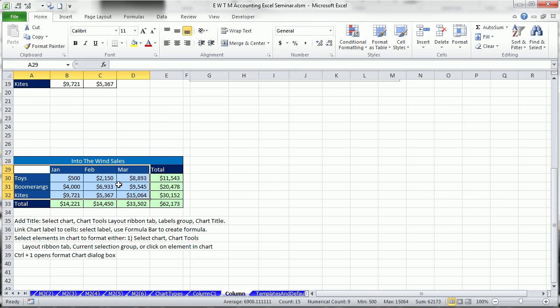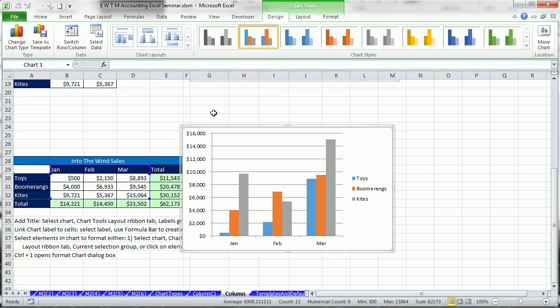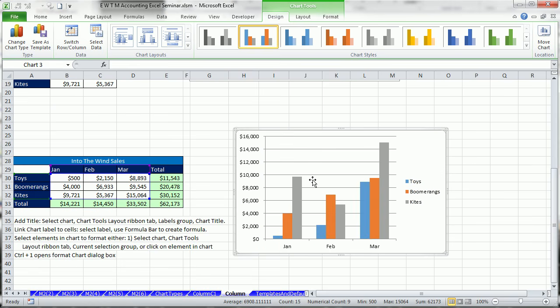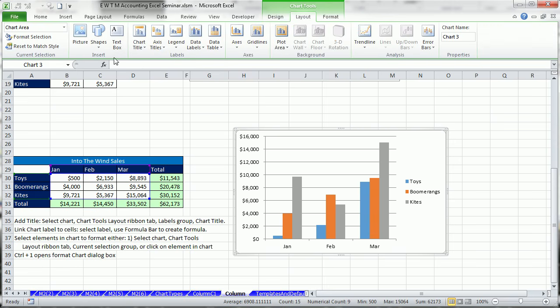But now I'm going to go back here and do the keyboard Alt F1. Now, let's improve this chart. It would be nice to see a chart title at the top. So we're going to go to the Layout Chart ribbon. And this group is very important. Labels. There's all sorts of great things we can do. I'm going to go to Chart Title,